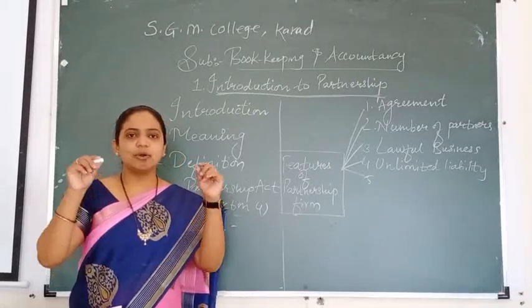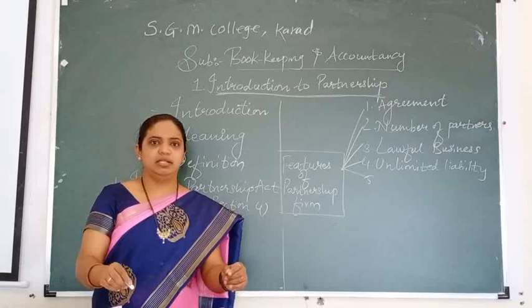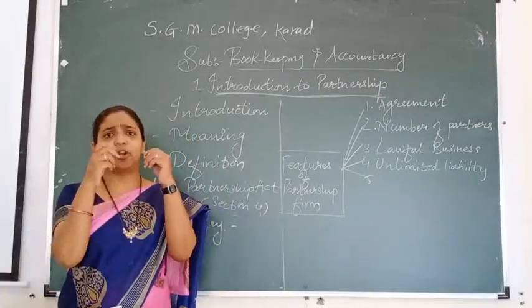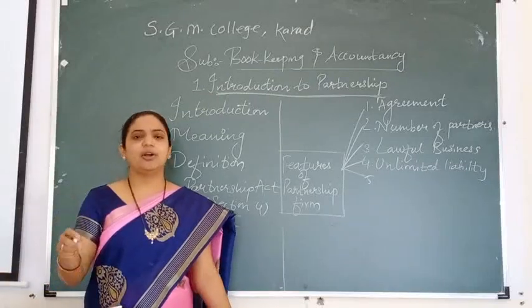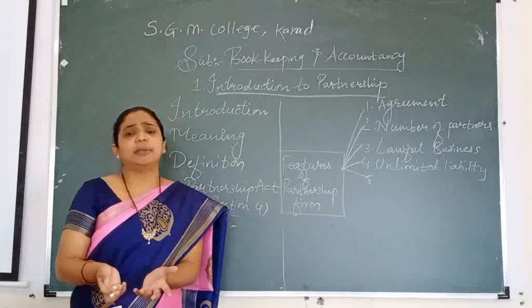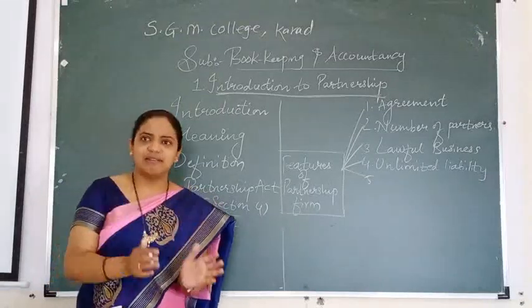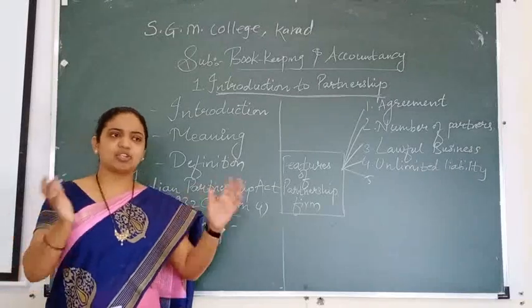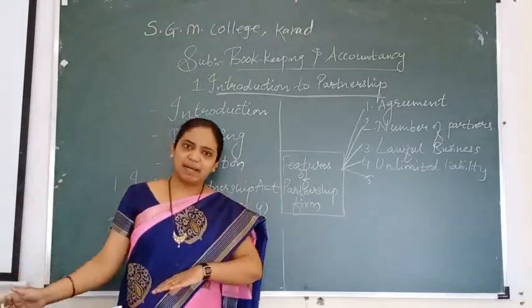Till the single rupee in the pocket of the partner is there, they have to pay from business property, private property, and the money which is in the pocket also is taken. And about the solvent and insolvent partner, you know very well, in 11th standard we have all seen about the solvent partner and insolvent partner.